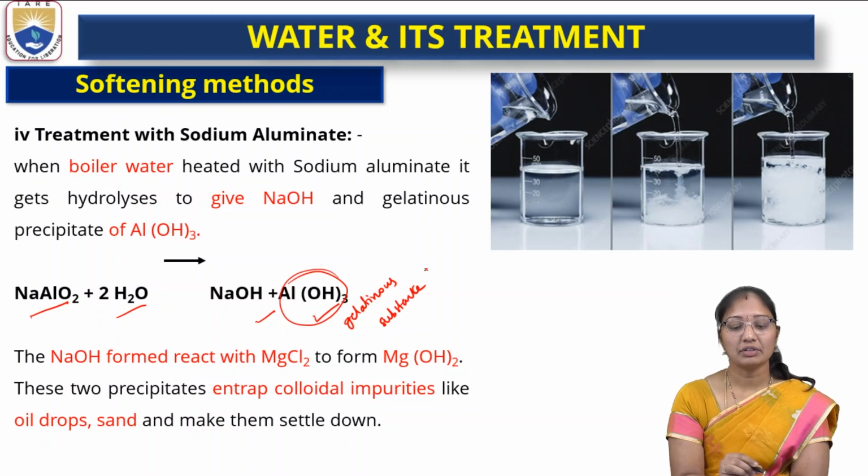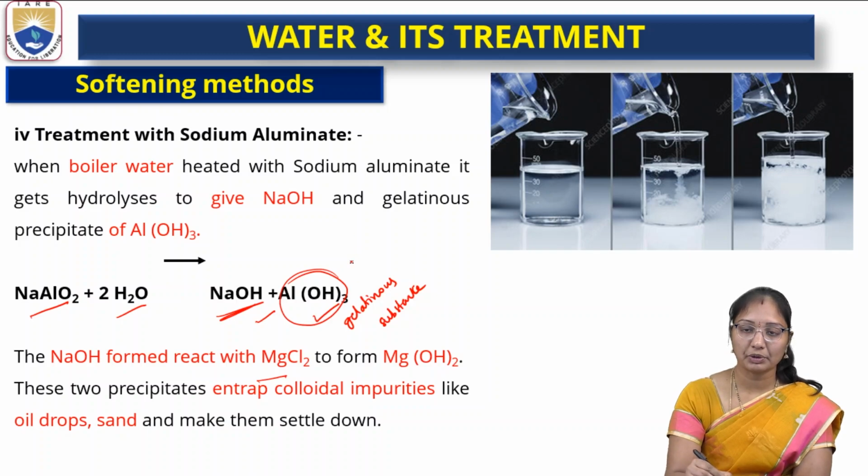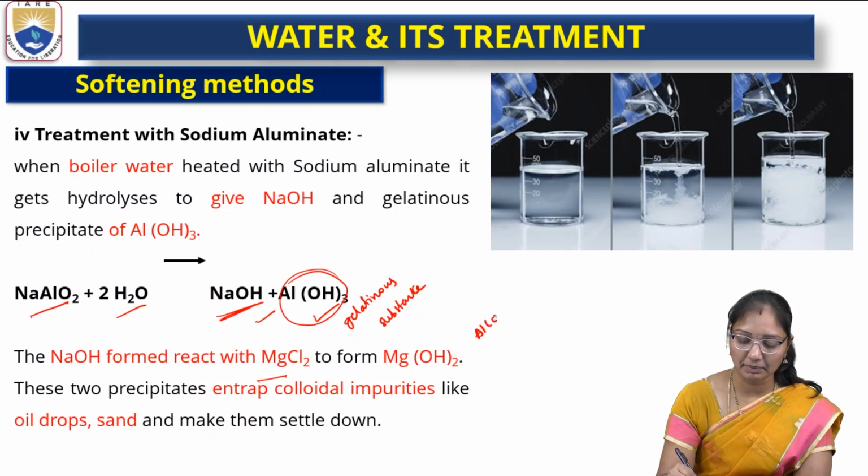The NaOH formed by this reaction reacts with magnesium chloride and results in the formation of magnesium hydroxide. What are the two precipitates? Aluminum hydroxide and magnesium hydroxide. These two precipitates entrap or absorb colloidal impurities which are present in the water,